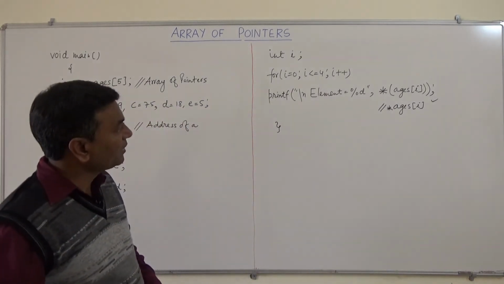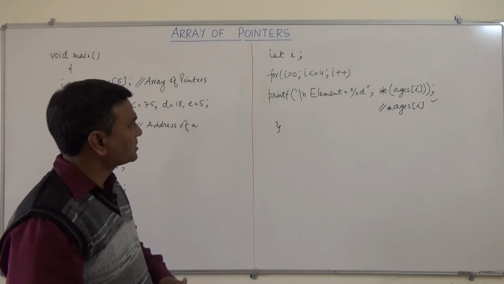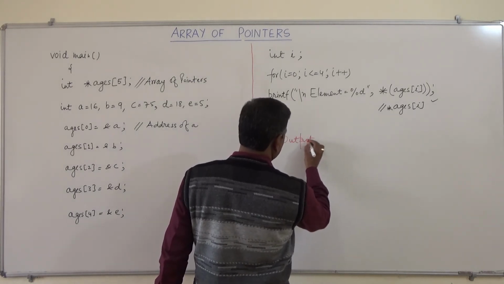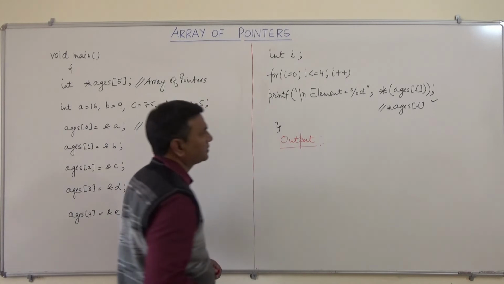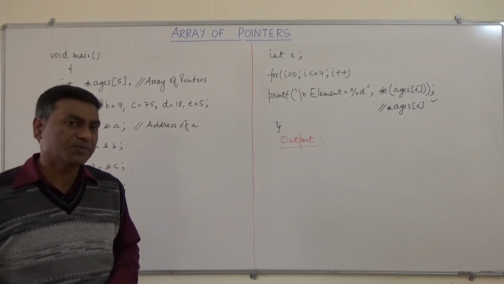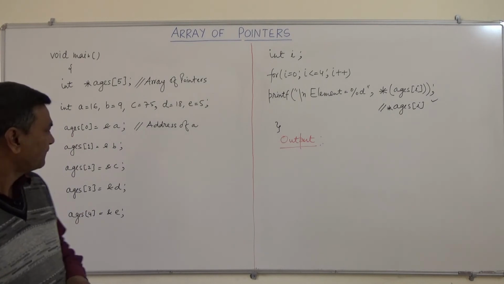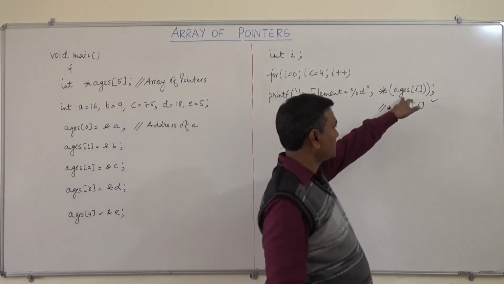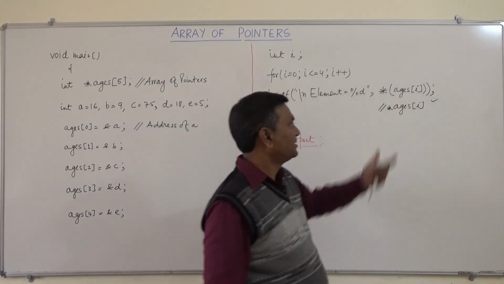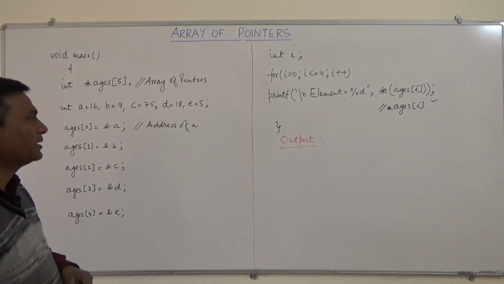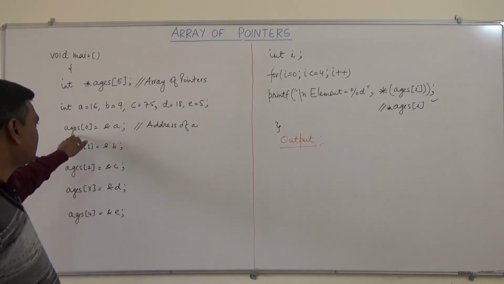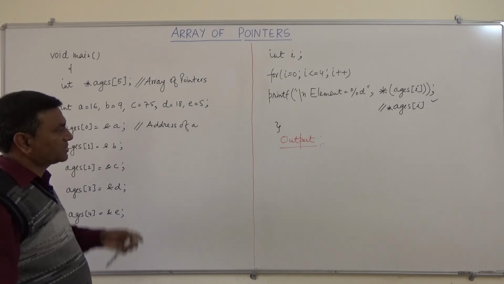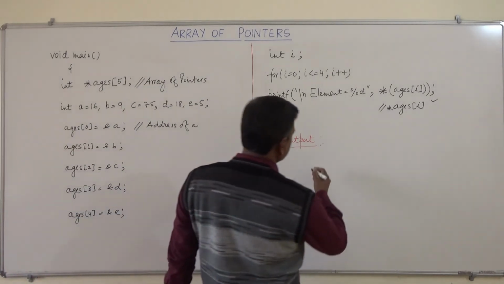So now we can give its output. So in this output all the elements would be printed. So first, when the value of i is 0, so this will be ages 0. It means it will give the value at address which is ages 0. So it will give the value at this particular address. So value is 16. So we can say this 16 is printed.